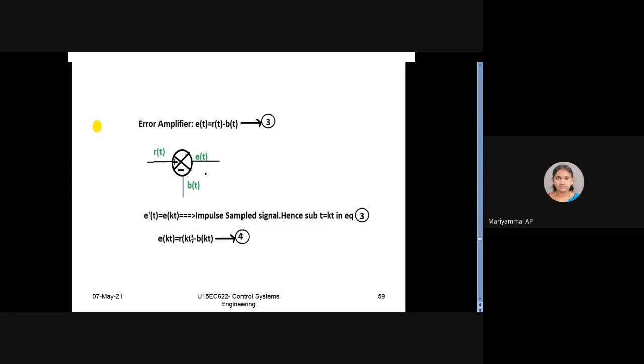So why is it taken? Because I need to calculate only E dash of t in the given question. I calculated E of t, but I have to find E dash of t. So we are taking t in the form of the k samples. Then I take the substitution of kt as equation number 4. Then we are going to take,